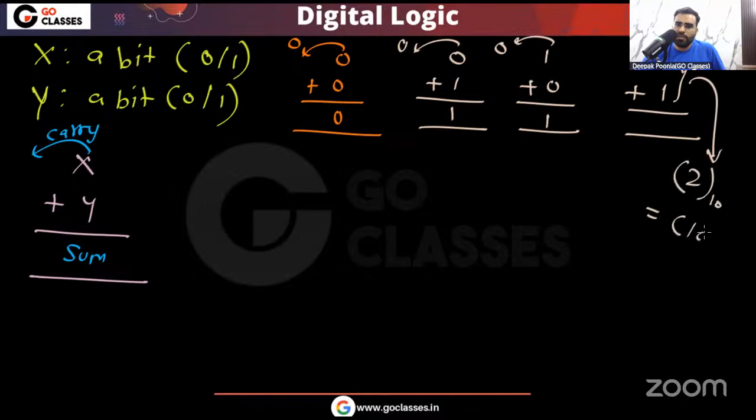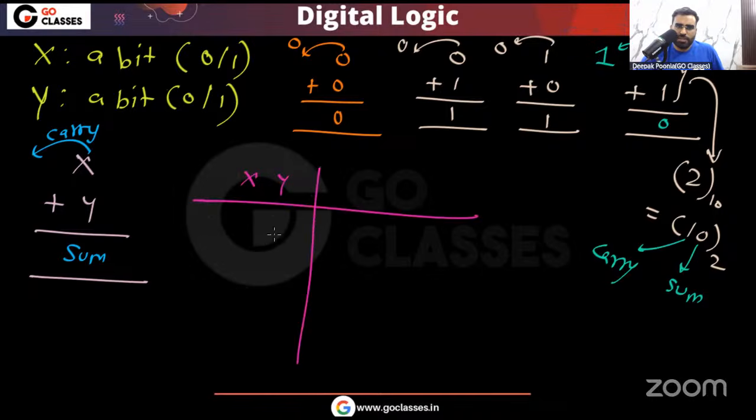So in the binary, it will be 1, 0. Okay. So here you can see that this 0 will be sum and this 1 will be carry. So here I can say that sum will be 0 and there is a carry that is 1. Very simple. So here I can say that X, Y,